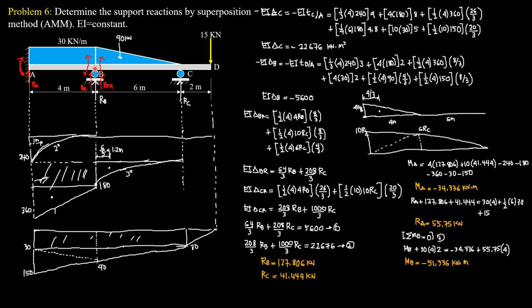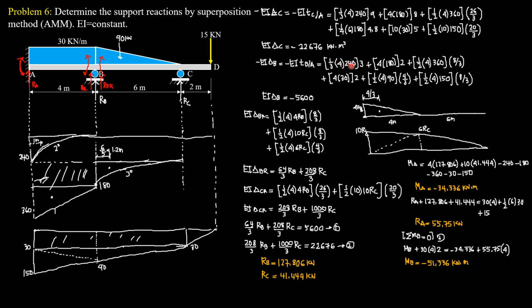Next, the EI deviation of B relative to the tangent at A is automatically the EI deflection at B. And it is expected to be negative, so I present the sign here as negative, and we consider the moment of areas positive. So we only evaluate areas between A and B and the moments of those areas with respect to B. So beginning with this area, the area is 1/3 times 4 by 240, the distance is 3. 3 is 4 minus 1.